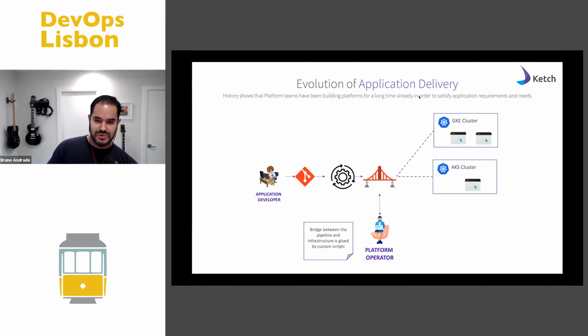It involves a lot of custom scripts, Helm charts, Kustomize, which is not always very clear to folks on how to effectively build it. And on the other side of the equation, you have your developers who now have to learn Kubernetes, what deployment sets are, what ingress rules are, and how to get their applications deployed on Kubernetes. Learning is always great, but as a developer, having to maintain those objects creates complexity on a day-to-day basis. So given that scenario, we decided to create Ketch, which helps developers automate the deployment of their applications on Kubernetes.